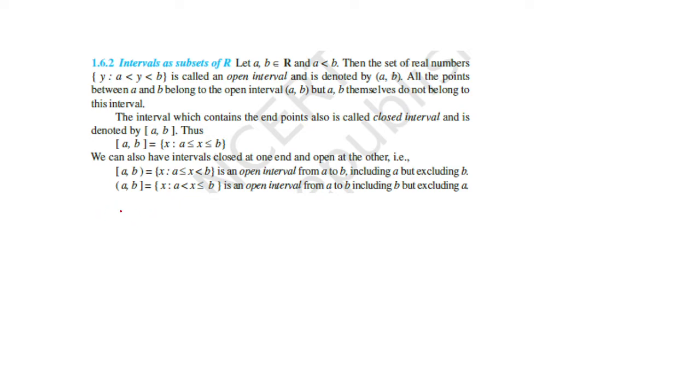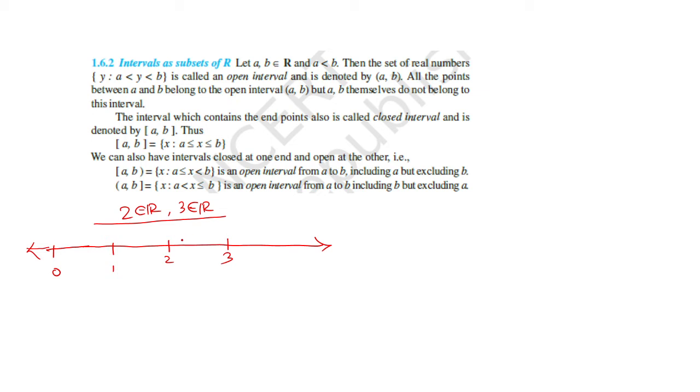Okay, 2 points in real numbers. 2 belongs to R and 3 belongs to R. 2 points you are asked to take from the real numbers. Then put these points on the real line. Consider it on the real line: 2, 3, 1, 0. Okay, so this is your real number line.